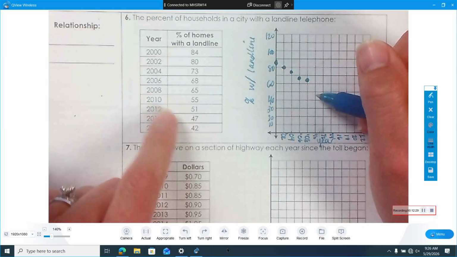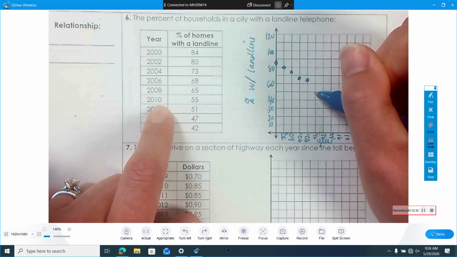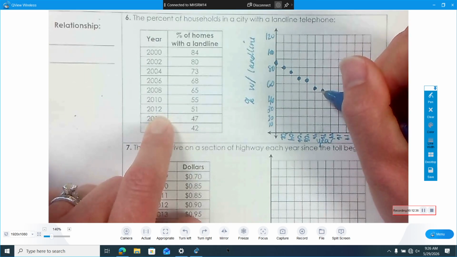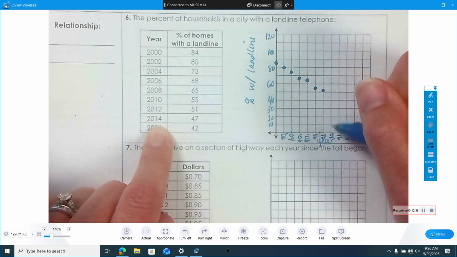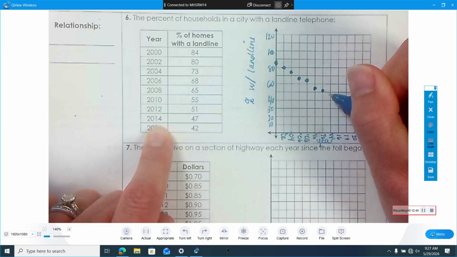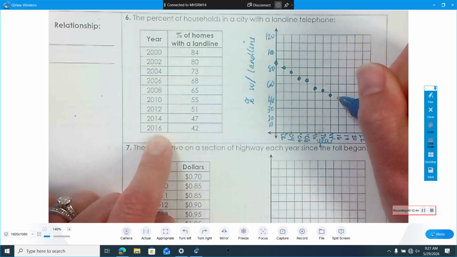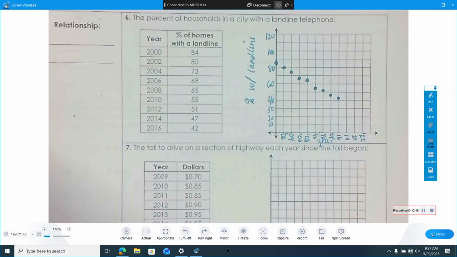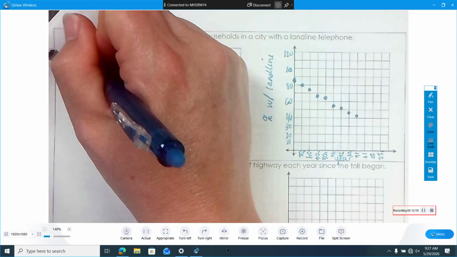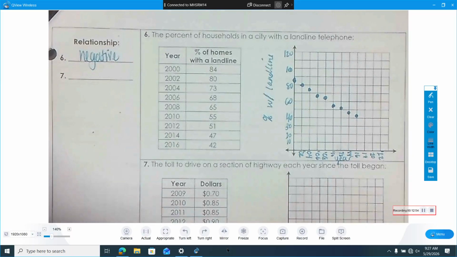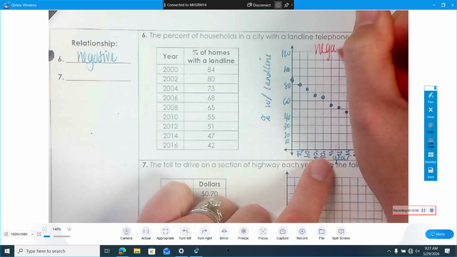This is 2010, 55. 2012, 51. 2014, 47. And 2016, 42. Wow, positive or negative? Negative. That has a negative relationship. And it is going downhill. We would say it's negative